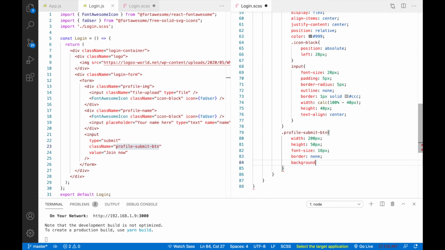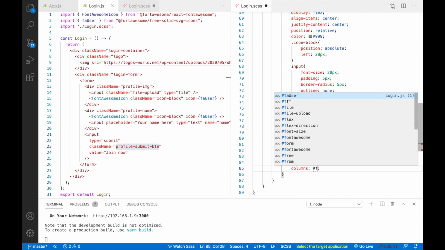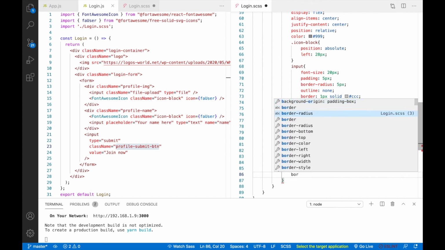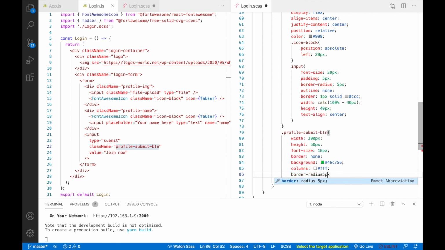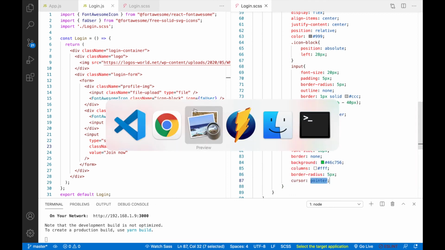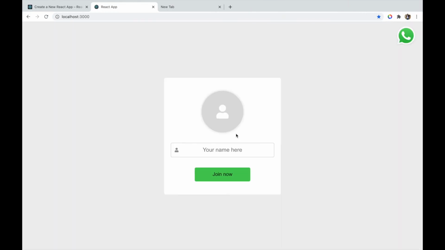So background color, so this will be hash 46C756. Okay, so this will be, I think, some green color, and color will be the font color, so this will be white. Okay, and border radius, this will be 5 px, and cursor is to pointer. So this will create something like this, right?